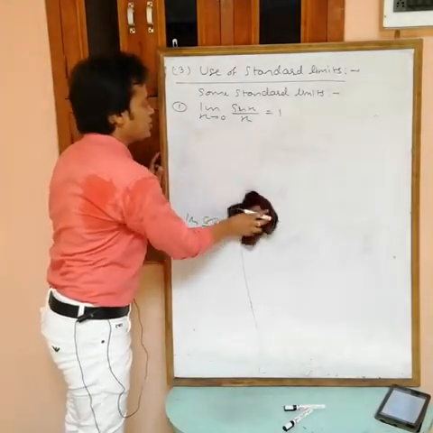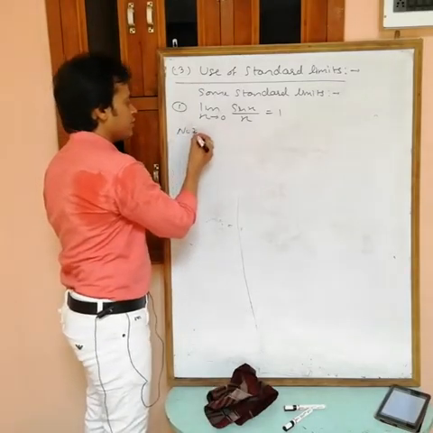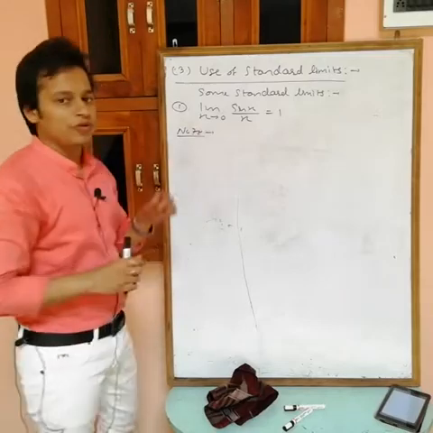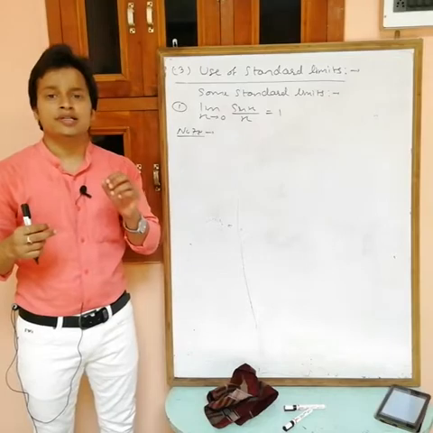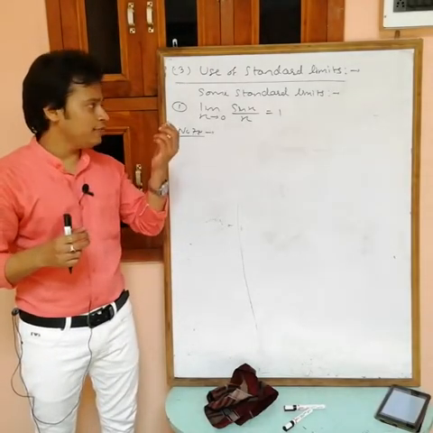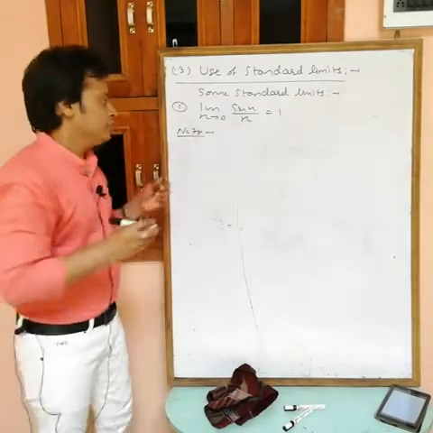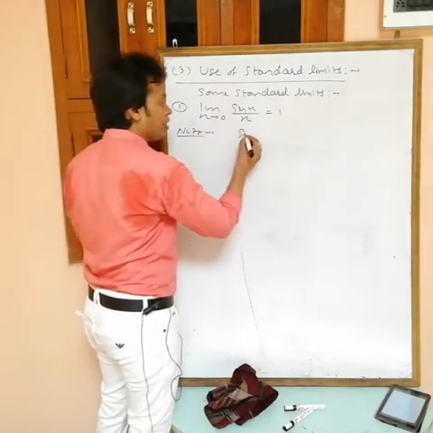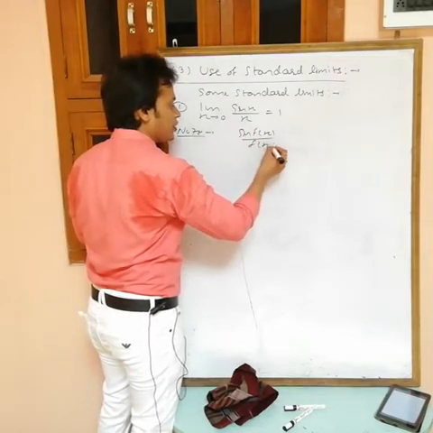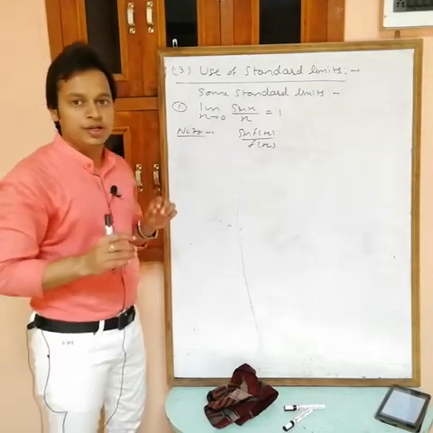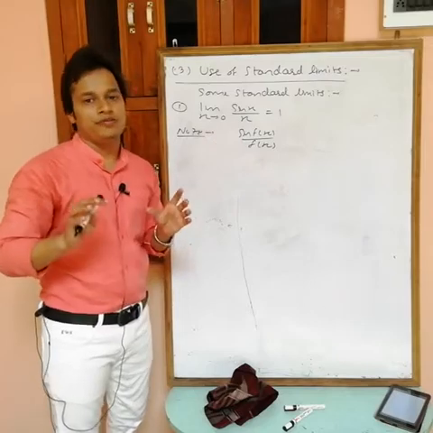But remember, limit x tending to 0 of sin x by x equals 1. Now, it is not necessary that you use this formula only for sin x by x. You can also use this standard limit with any function f(x) in place of x. It means sin f(x) by f(x), for this you can also use it, but if you want to use the formula for sin f(x) by f(x), then we have some conditions.